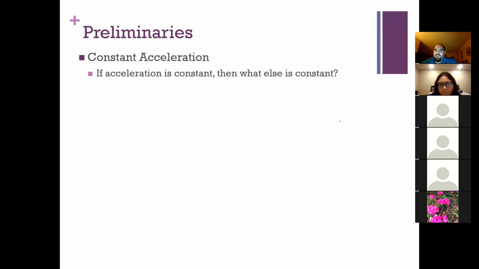What's the related slope to acceleration? Newton's second law says that force is equal to mass times acceleration. It's a constant force. So it stands to reason that if acceleration is constant,